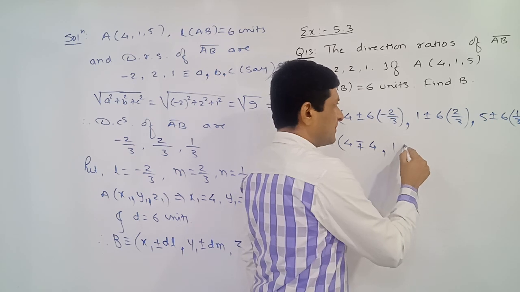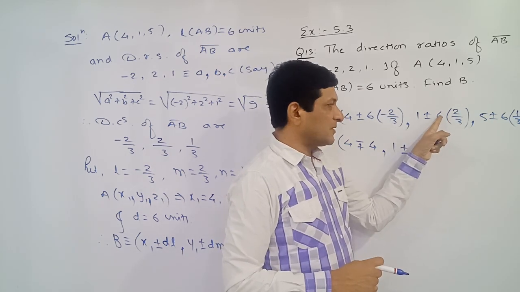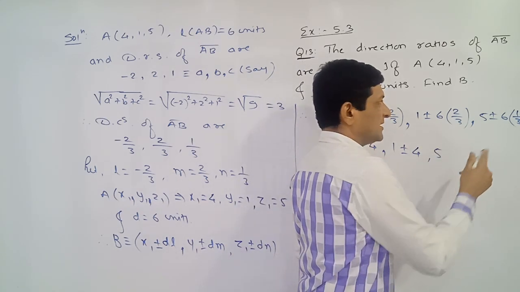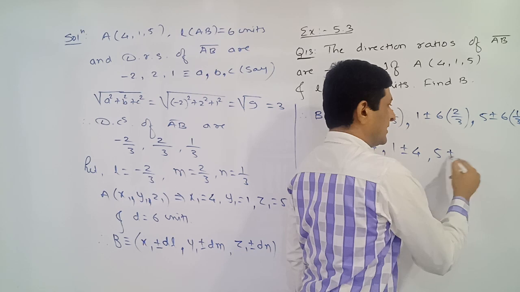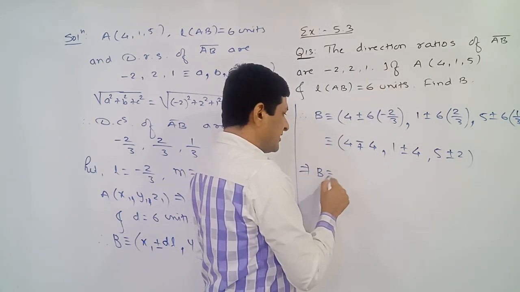Here 1 plus or minus, keep it as it is. Here also 2 6 12, 12 upon 3 will be equal to 4. And here 5, keep it as it is. Here 6 upon 3 will be equal to 2. So this implies the coordinates of point B are